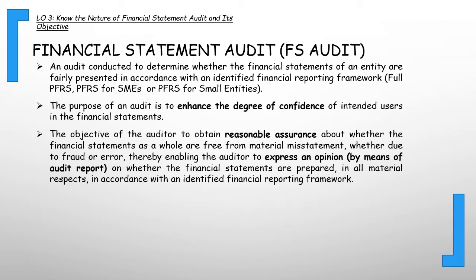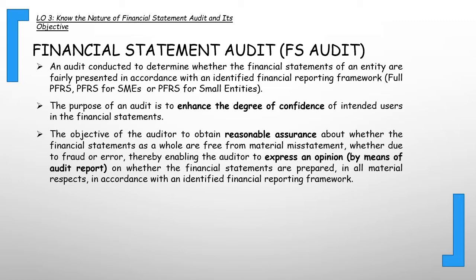About whether the financial statements as a whole are free from material misstatements, whether due to fraud or error, thereby enabling the auditor to express an opinion by means of audit report on whether the financial statements are prepared in all material respects in accordance with an identified financial reporting framework.